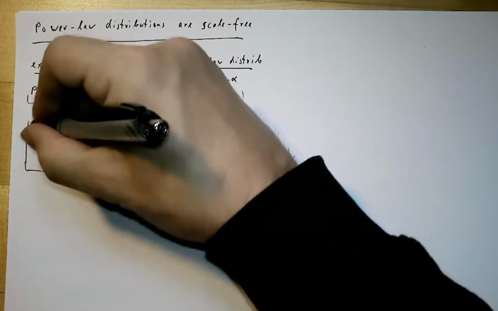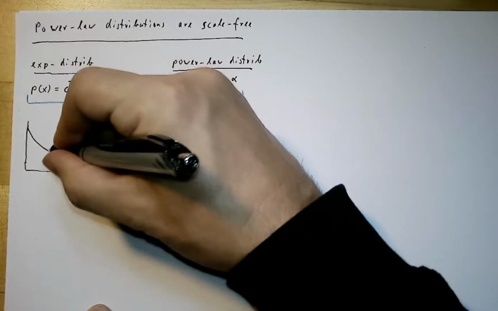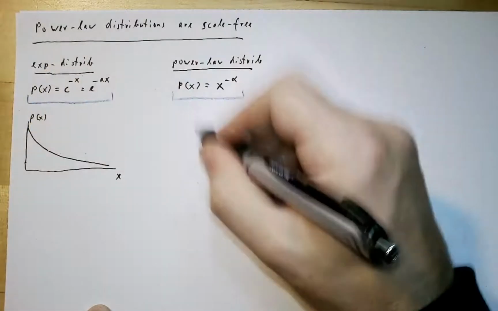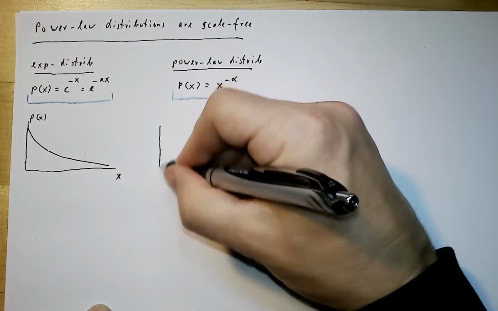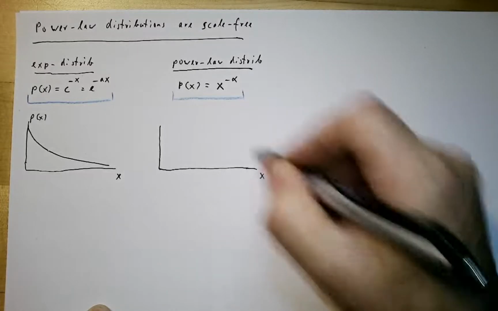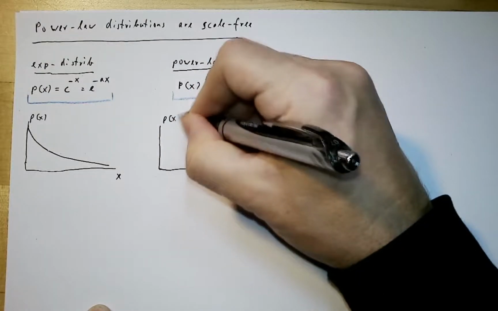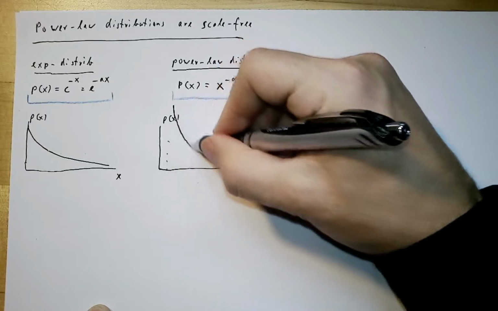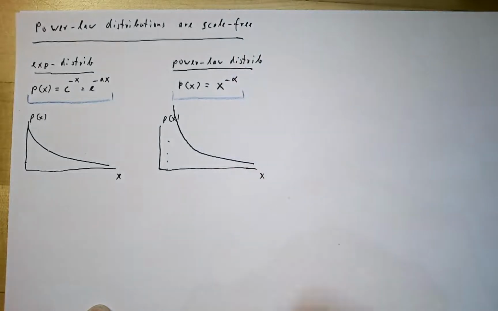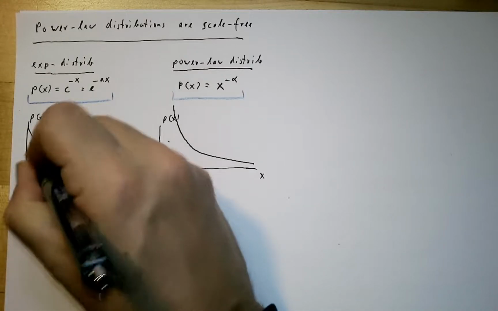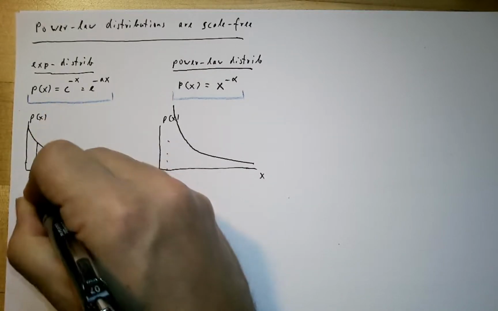So we have seen, okay, it's a decaying distribution, p of x, and in the power law distribution we have also a decaying distribution, only here with a cutoff value. So at first glance they look quite similar, but now we have seen if we take a certain value here, a certain value x,